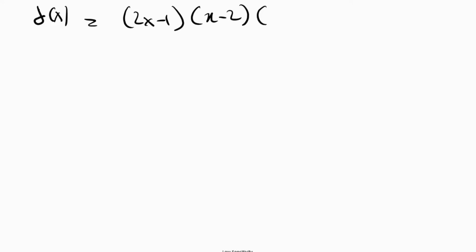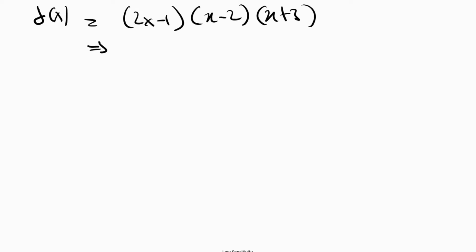We can go here. We still have our function f of x, which is equal to (2x minus 1)(x minus 2)(x plus 3),